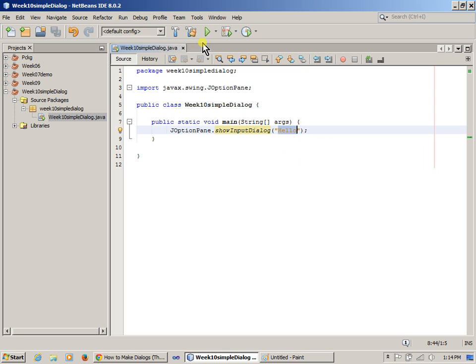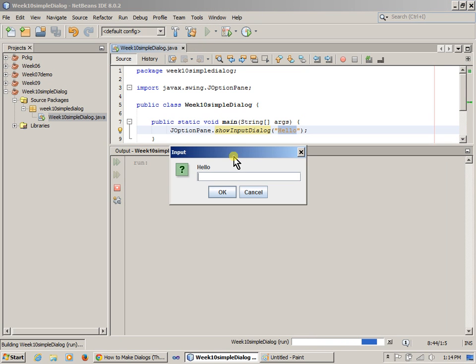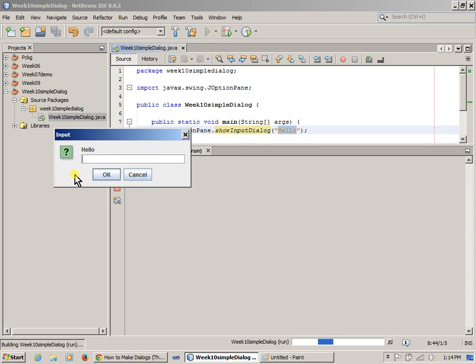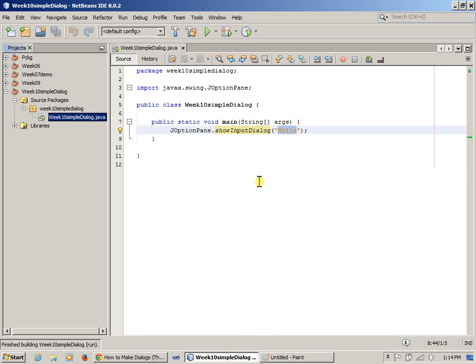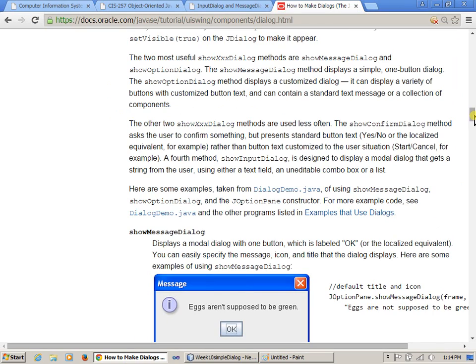So if I run this simple application, it gives the user a chance to enter some text here, and if I click OK, it will return the value, right? So I can use this simple way to communicate with the user. Like we found here, there are multiple ways to